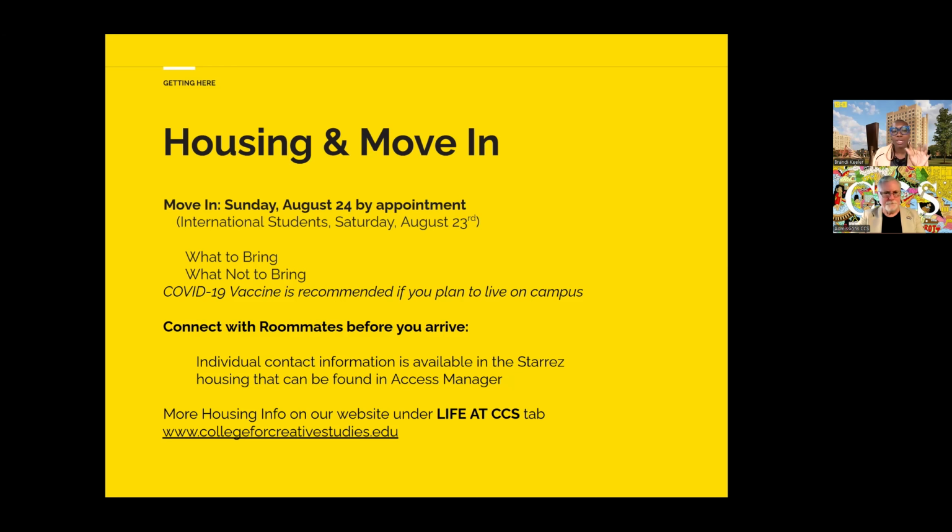And if you're a student that will be living with roommates, it's a good idea to connect before move-in. So our roommate contact information will be available once you've paid your deposit for housing, and you've selected your bed, you filled out everything, then you will be able to see your roommate's information on the StarRes app. Also know that